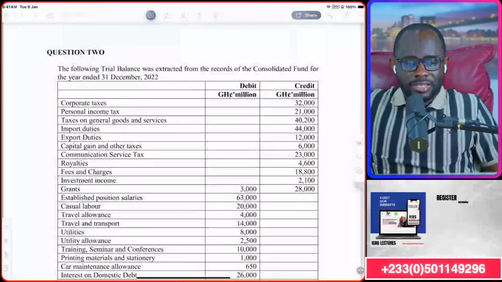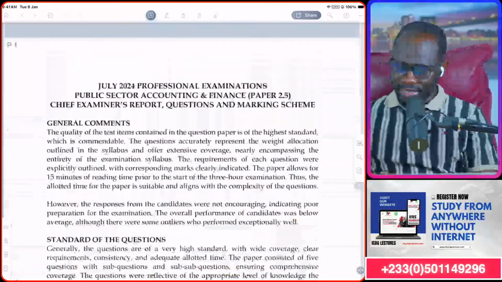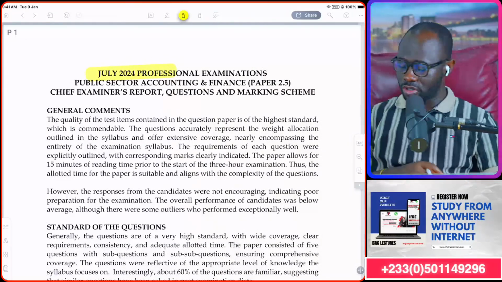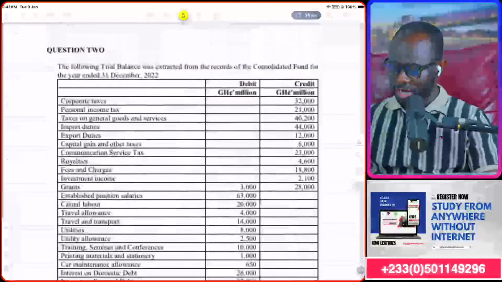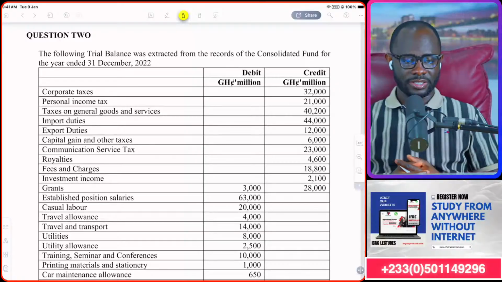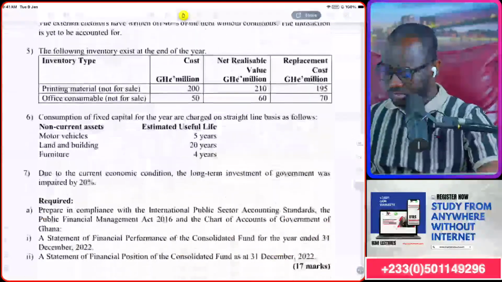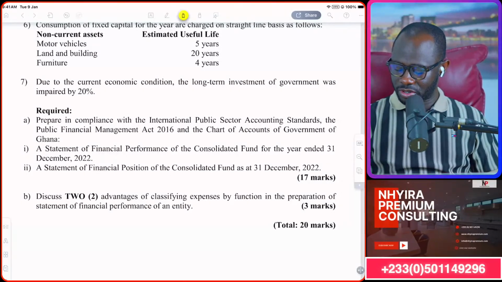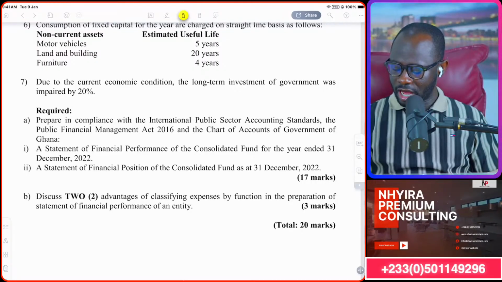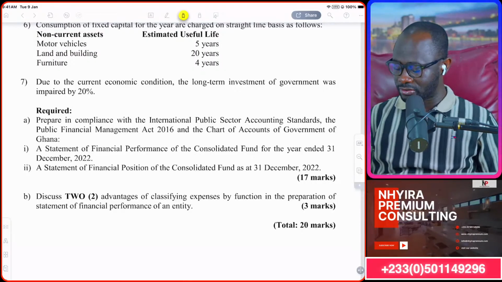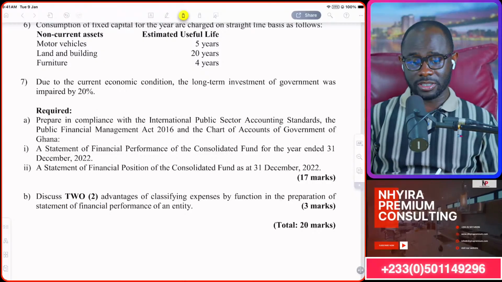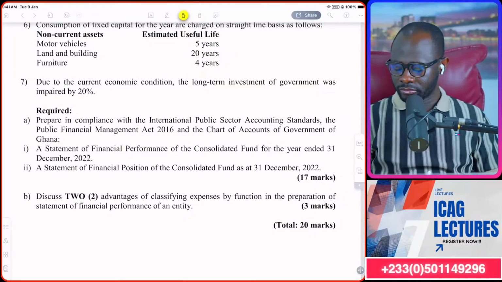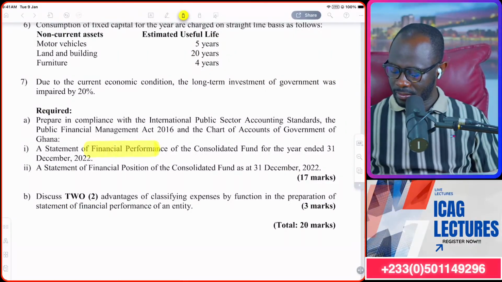And we are looking at the ICAG July 2024 past question, ICAG July 2024 public sector, and we are looking at question number 2 of that particular date. Let's look at the requirement here. For 17 marks, the examiner asks students to prepare in accordance with the International Public Sector Accounting Standards and the Public Financial Management Act 2016 and the Chart of Accounts of Government of Ghana, I, the Statement of Financial Performance